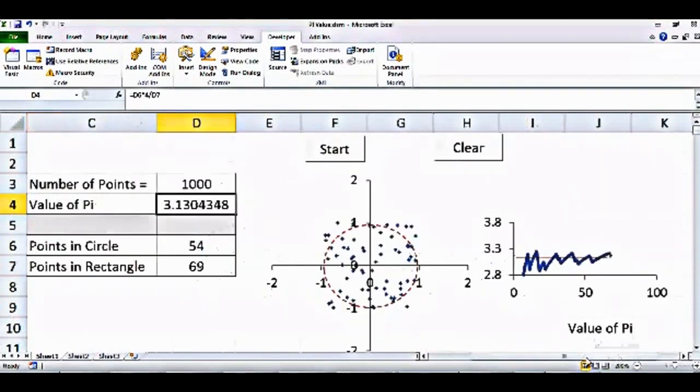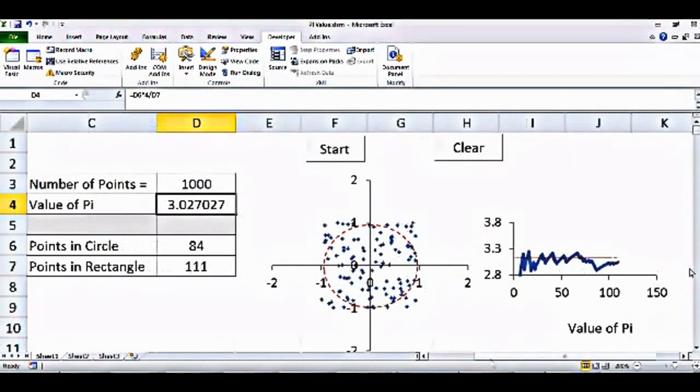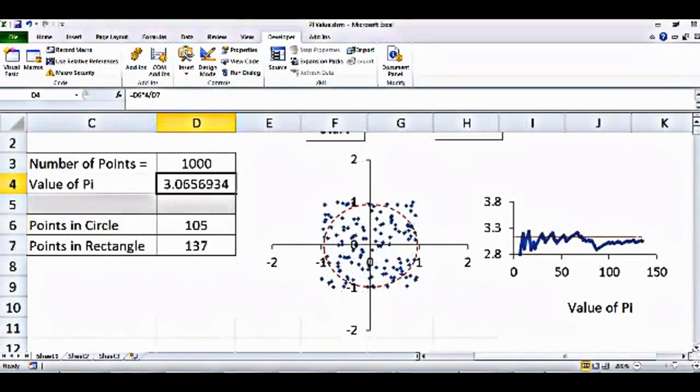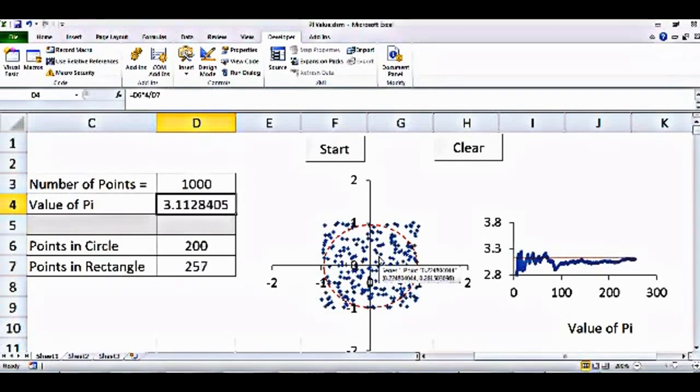And you can see the points in the circle are fewer as compared to the total points on this graph. Based on the ratio of these points, we take this ratio and multiply by 4. That will give us the value of pi, and the value of pi will get closer and closer to the real value, which is this red line, once we have enough simulation. So as you increase the number of points, or as you wait longer for the simulation, you will get closer to the